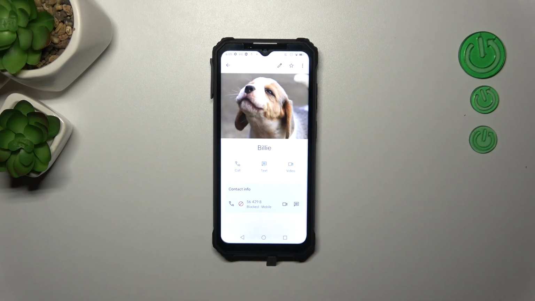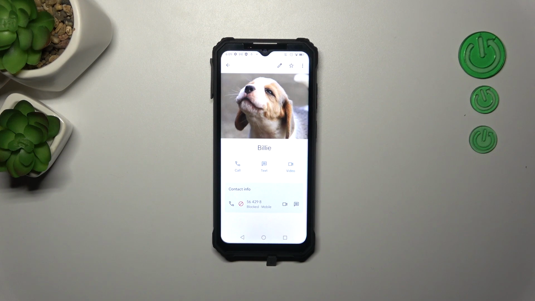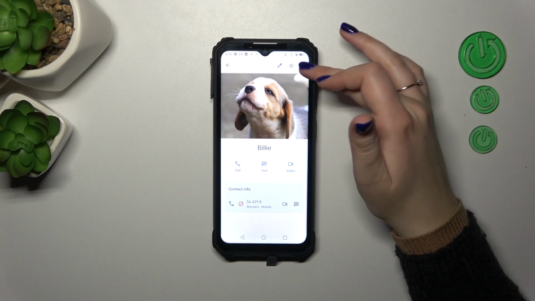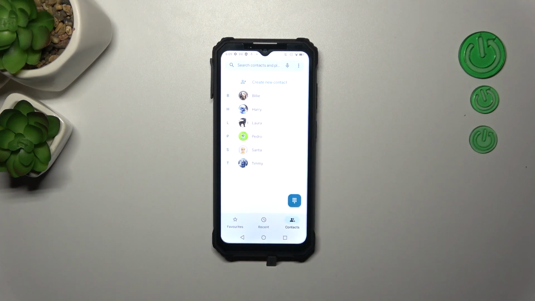So let's tap on block, and as you can see, we've got this characteristic icon, and we've got this information, which means that the number has been blocked successfully. Of course, we can unblock it the same way right here, but let me leave it like this. We will check if it will appear on the blacklist, which we'll enter right now, so in the second way